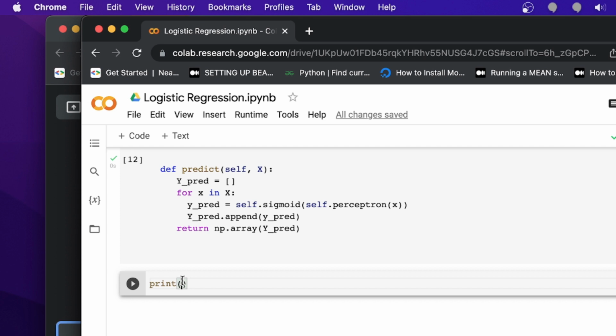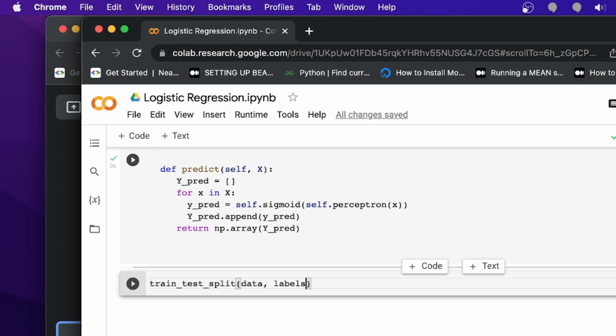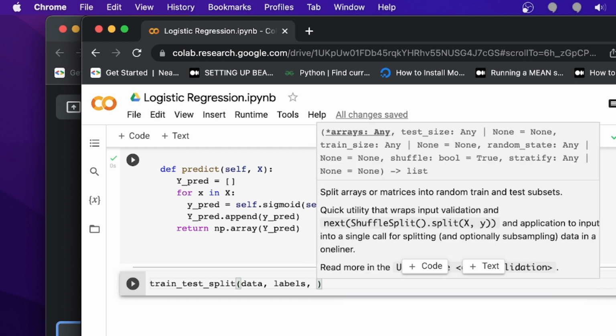Now I am going to write train_test_split. In this split function you need two things. One is your data and second your labels. And third,